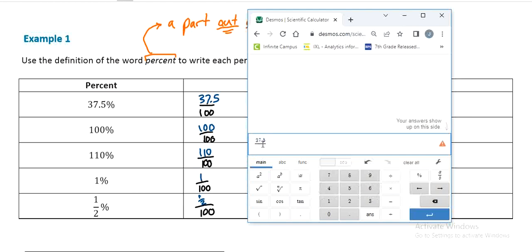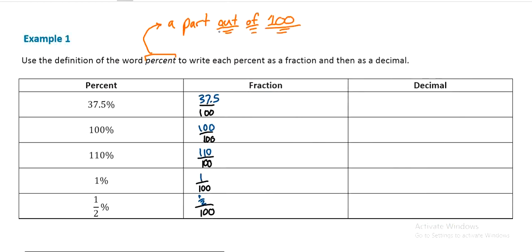I don't have an ABC button. Mine automatically makes it a fraction. You'll use your ABC button. So it gives me a decimal at first. We'll get to that in a second. When I convert it to a fraction though, once you use the ABC button on your calculator, you'll see how that gives you 3/8. So 3/8 is my simplified form